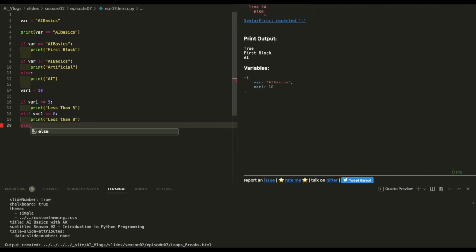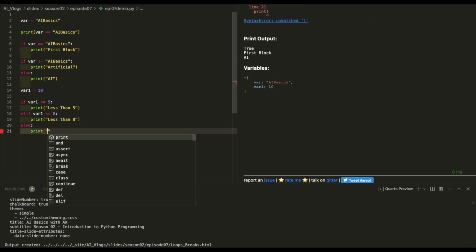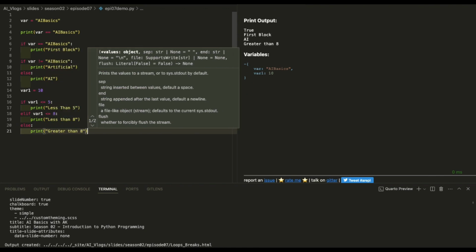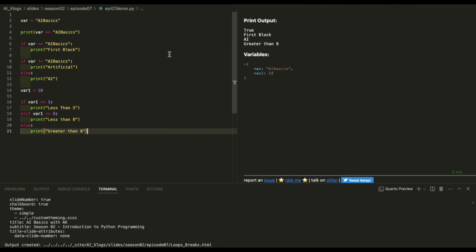Else print greater than 8. Now you can see that since var1 is 10, it will not get executed this block because